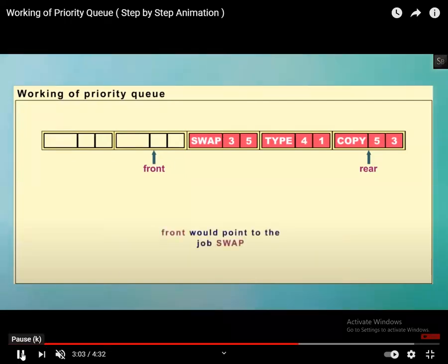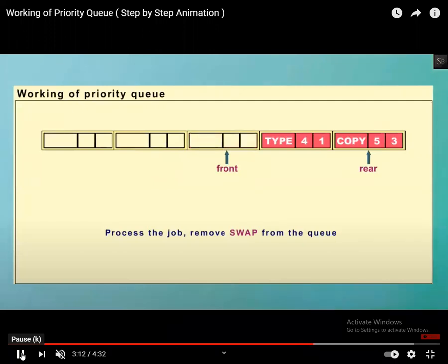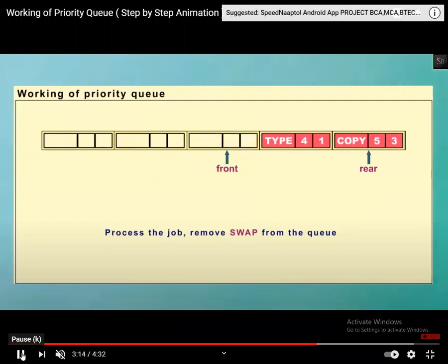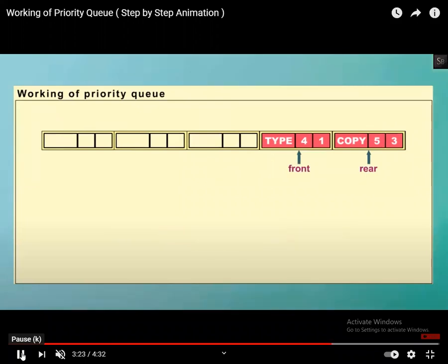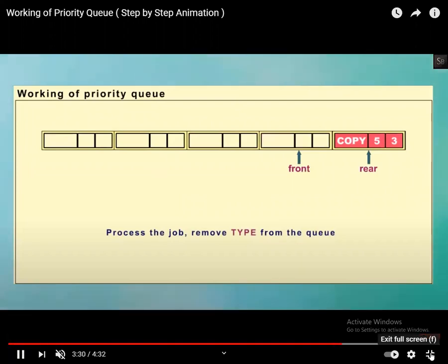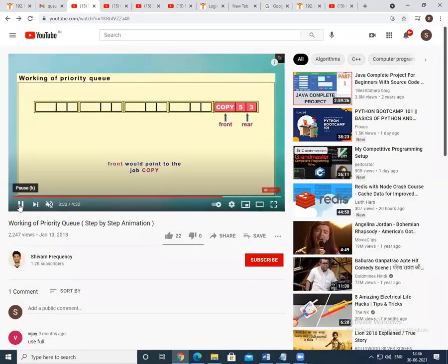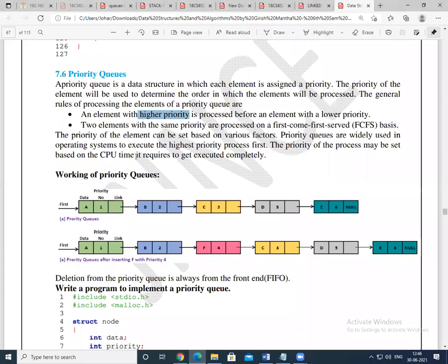It is simply based on the concept of first come first serve. Since the priority has been set up, you don't have any issues with the deletion. Only in the case of insertion do you have to be careful, right? Again, when you call delete, front would point to this function and the process will be deleted as such. So deletion is a very simple case, whereas in the case of insertion, you have to be careful.